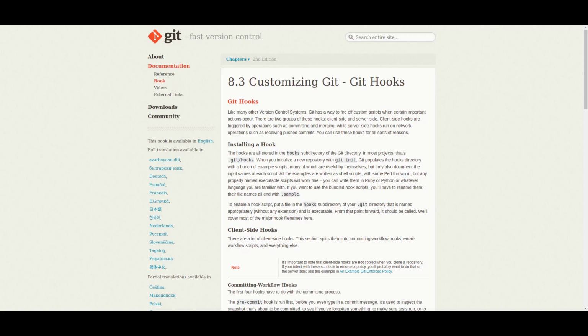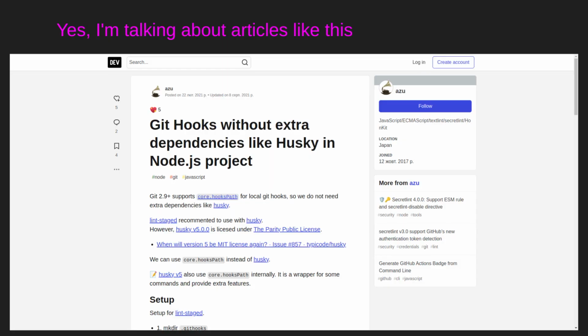But we can prevent this. Using Git Hooks, we can run checks or even auto-fix some rules before commit, directly on the developer's machine, locally. So we go to Git Hooks, read the documentation, and make some solutions. When you read the Git Hooks documentation, you understand that Git Hooks is just a set of commands located in a specific Git directory. But somehow we should place these commands into this directory.